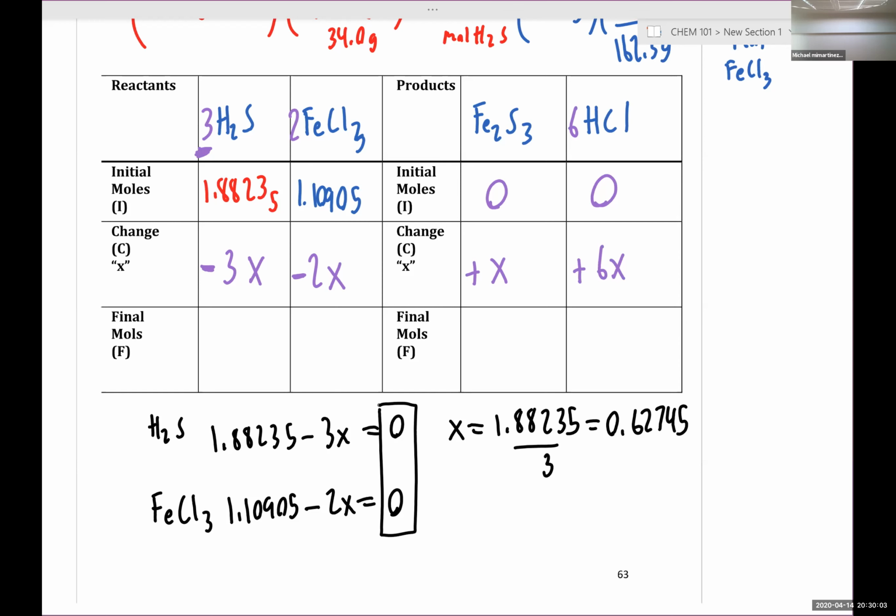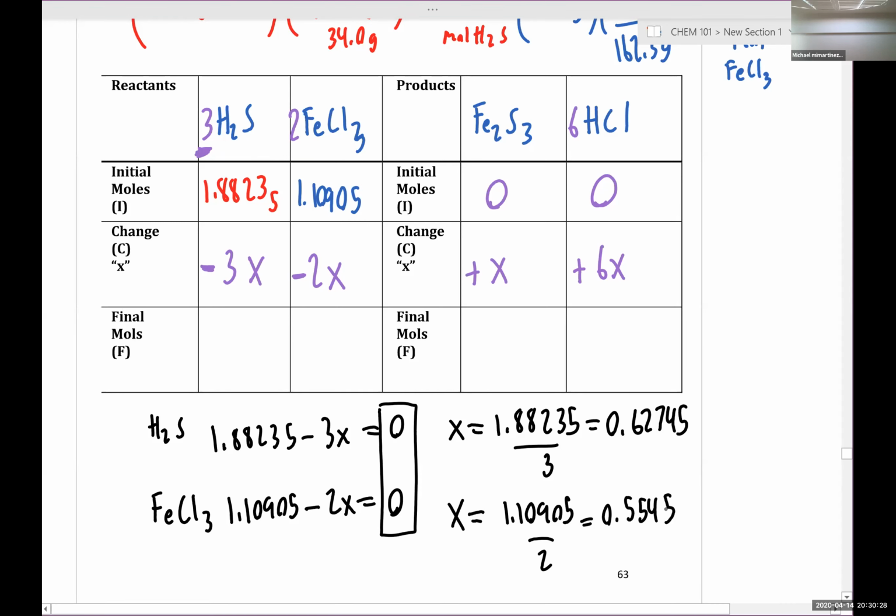And the reactant with the smaller value of x that takes the least amount of reaction progress to be completely consumed is limiting. So solving for x, we have 1.10905 over 2. And that in turn gives us a value of x of